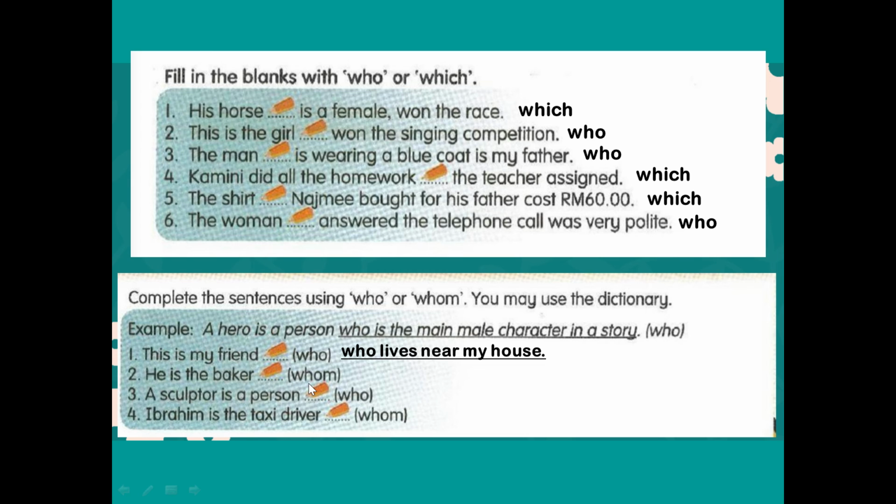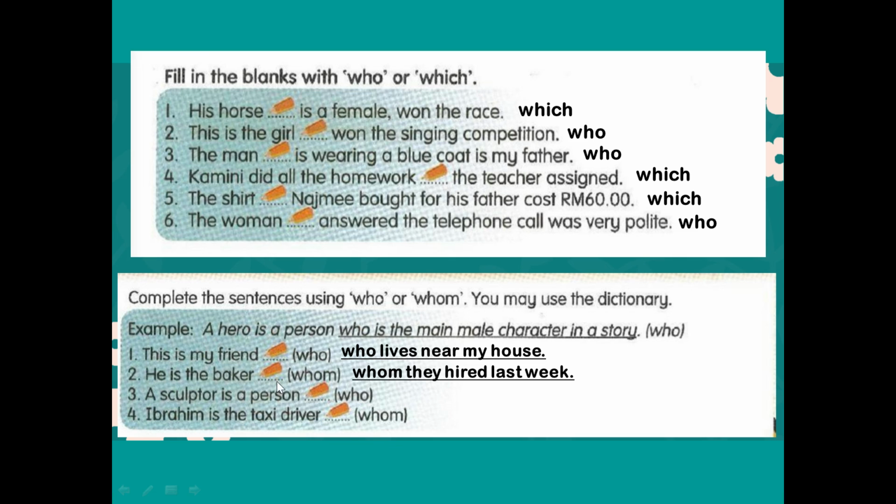Like I said earlier, if you use whom, it should be followed by a pronoun. So let's see the sentence. He is the baker whom they hired last week. So which is the pronoun? They, which is after whom. Okay, just to make sure you don't get it wrong. So when you have to write a sentence using whom, make sure you use a pronoun after that, just to